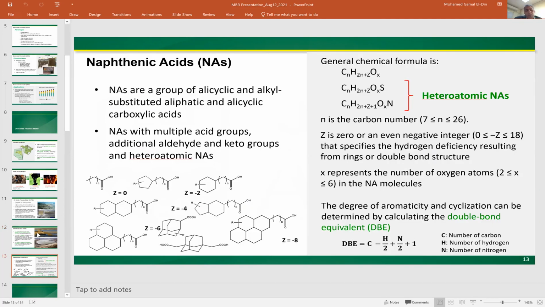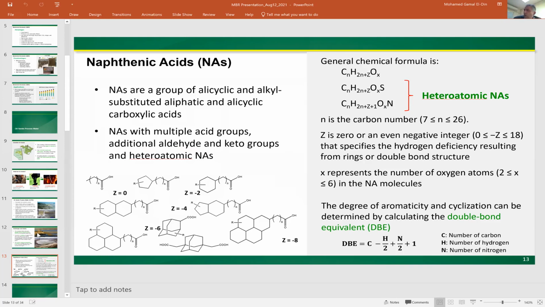So as I mentioned a couple slides ago, some of the organics in this water include naphthenic acids. So what are these naphthenic acids? This is a group of alicyclic and alkyl substituted aliphatic and alicyclic carboxylic acids. And they can have different structures. They can have different rings, and these rings could be saturated rings or unsaturated, could be aromatic rings. In general, we characterize the structure of these acids as you can see on the right side of the slide,